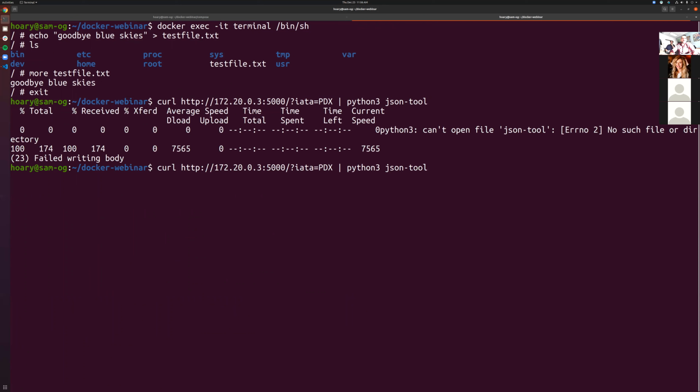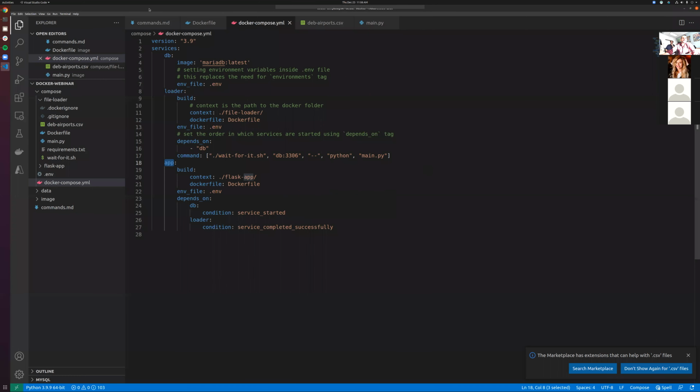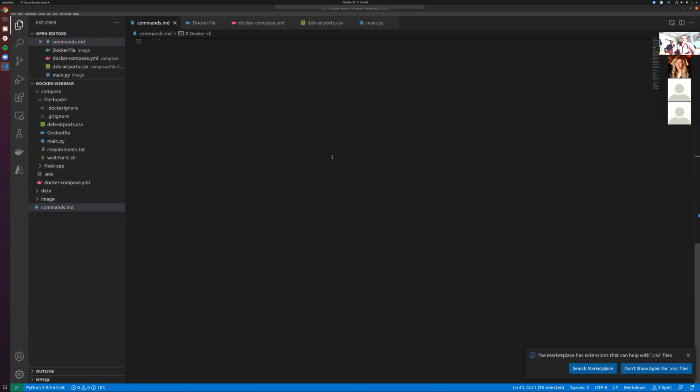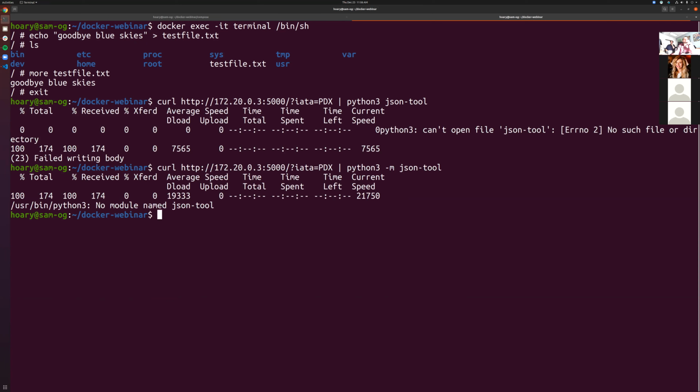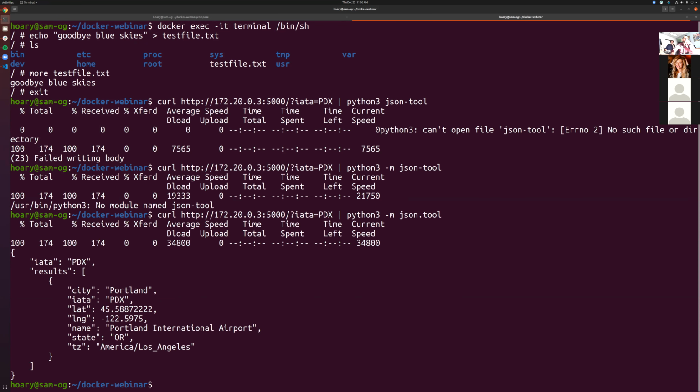Hold on, let me see if I'm running that command correctly. I believe it's, oh yeah, I forgot my -m here, of course, to run the JSON module. I think it's json.tool. Oh, json.tool. Yeah, there you go. So we actually pinged that container, passed it the PDX airport code, and it's given us back the information from Portland